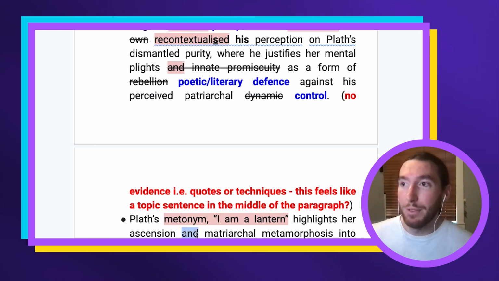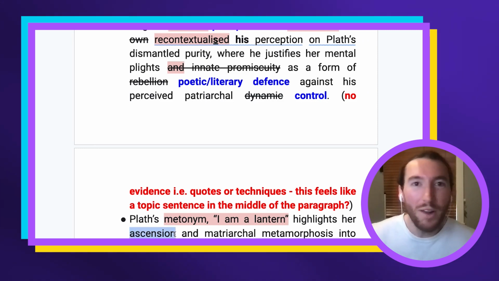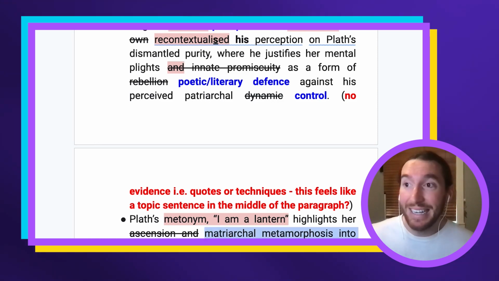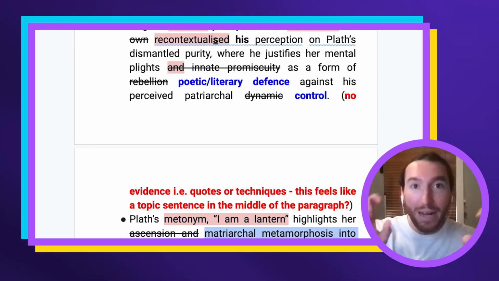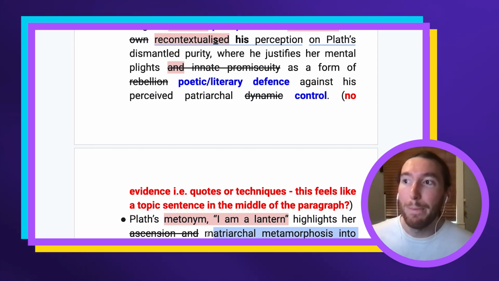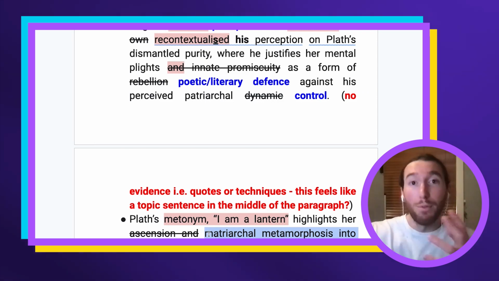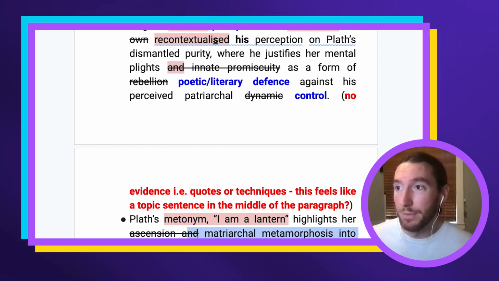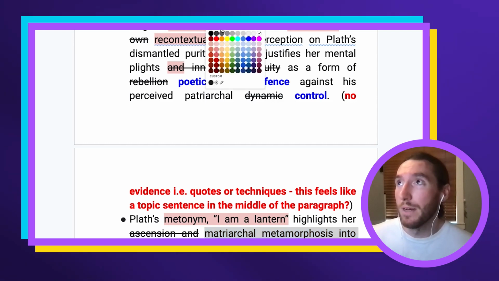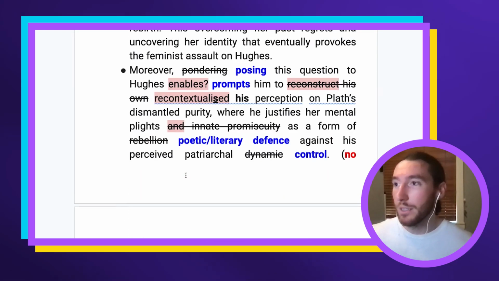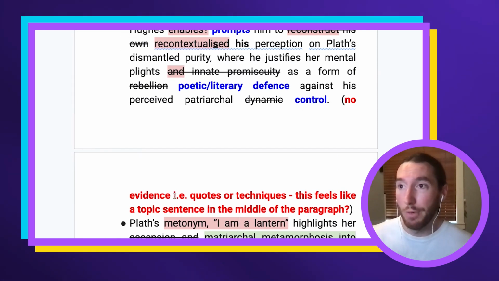And the other thing is you've done the double up problem of her ascension and matriarchal metamorphosis. Now, ascension is just this one word theme word. Again, it's like a buzzword. We don't want that. We don't need that. I want the concept. I want the perspective. Her matriarchal metamorphosis into hope. That sounds nice. That's a fleshed out perspective. That is not a one word theme or buzzword, right? And hopefully it's clear what I'm saying. So it's a clear pick here. There's a clear winner out of the double up problem, right? So we can resolve the double up problem there, because we've got this clear winner of a much more sophisticated concept. Congratulations, matriarchal metamorphosis into hope.